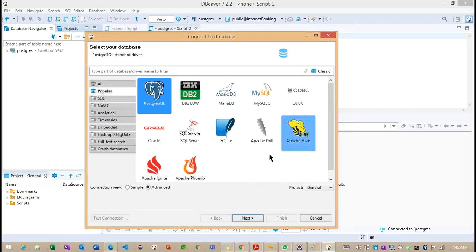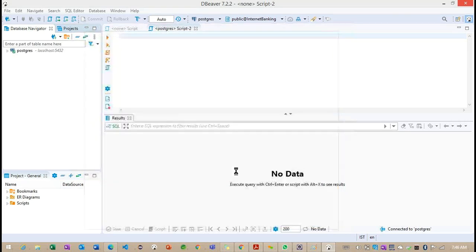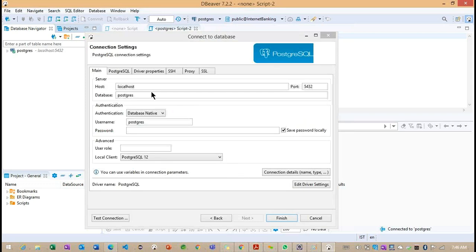Now observe. Basically, I'm trying to work with DBeaver. It is a plugin here. This plugin can connect to many databases. Now you can see Postgres, MySQL, ODBC, Oracle, and the remaining databases. Getting the point. So using this plugin, we can connect to multiple databases. Back here, we are trying to connect to our Postgres database, and I click on next. What happened? It is not responding. Okay, now it is connected.